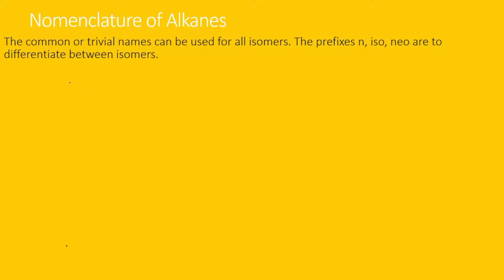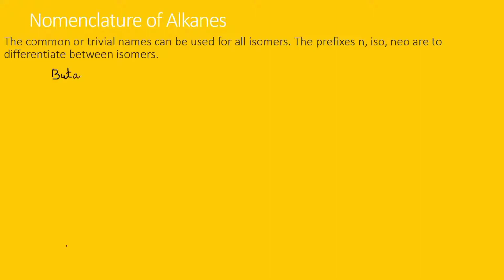These common or trivial names are mostly used for isomers, and we use iso or neo to differentiate between these isomers. Now, isomers are, for example, if any molecule or compound has the same molecular formula but different structural formulas, all those structures would be called its isomers. For example, if I say butane,